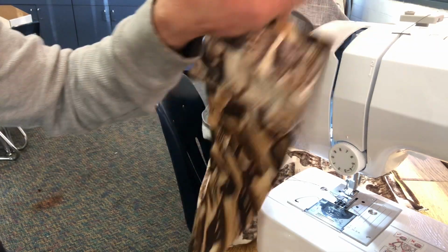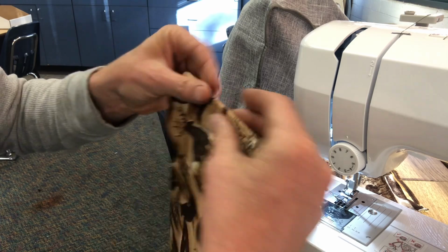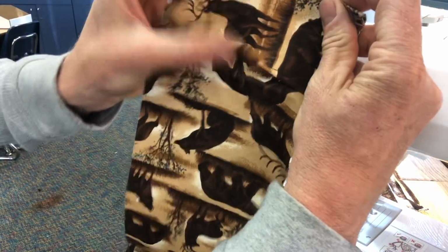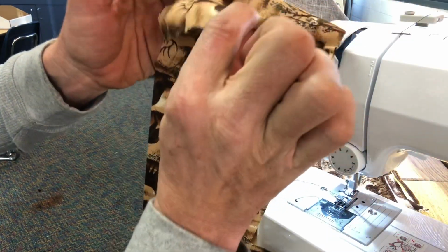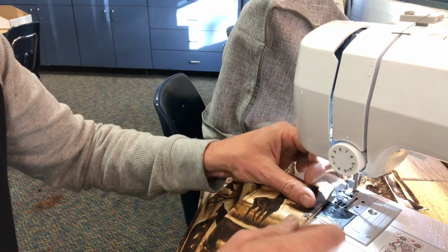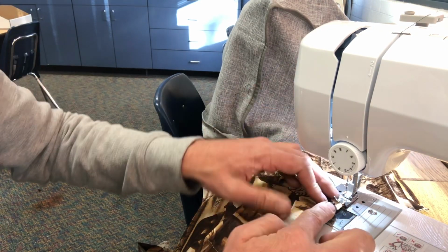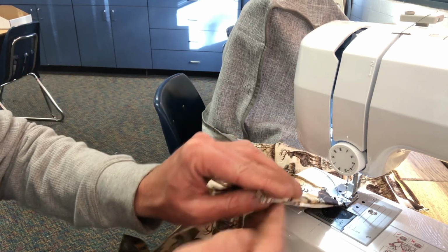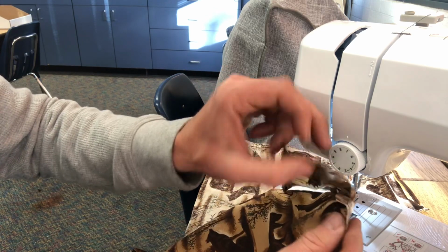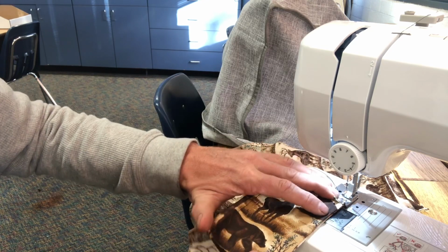There. Now that there's a 1/2 inch hem on the bottom of that piece, or top, depending on how you're looking at it, you fold this over so you can see we got our folded piece. I should have done this in a contrasting color so it would have been easier for you guys to see. And you can also do that just as a fun design feature. Okay, so now we're going to do what's called the top stitch. So you have that hem, and we're just pinching all of this because right now you see it wants to kind of fluff out. But if we fold it all how we want it and then put this top stitch,